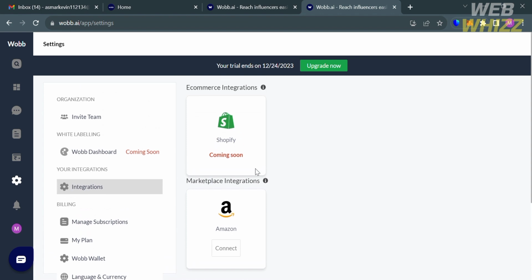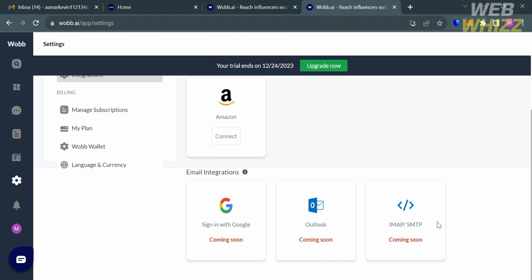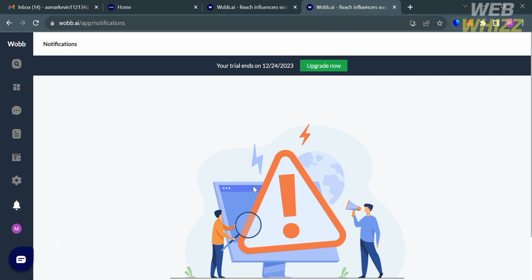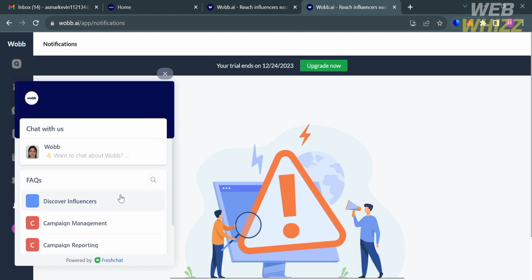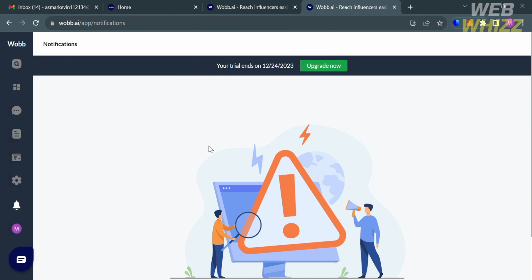And by clicking the integrations option, from here, it will show you some of the applications or platforms that you can integrate using this Wobb platform. And aside from that, you could also navigate the notifications, which will allow you to receive alerts and updates about your account and the platform. From here, you will get notified regarding your account updates, such as new follower alerts, campaign updates, or platform updates. So basically, the main purpose of this platform is to streamline the influencer marketing process by